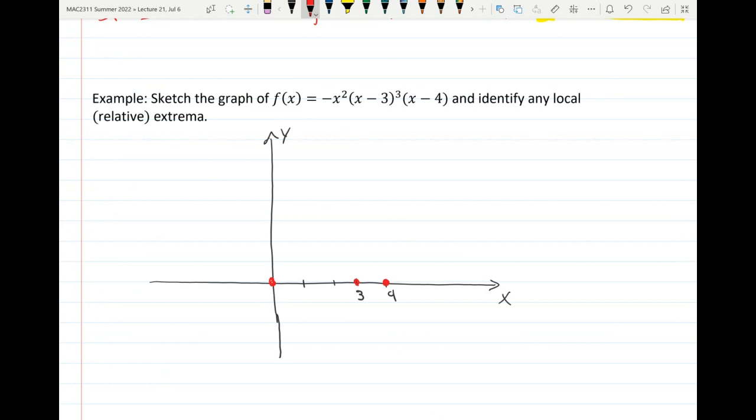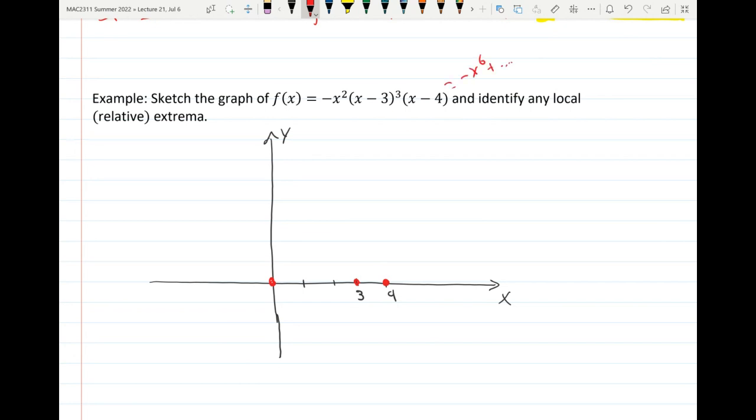Remember, the end behavior is given by the leading term. So let's figure out the leading term. So what's the degree of this polynomial? 6. So 2 plus 3 plus 1. So degree is 6. And what's the leading coefficient? -1. Good. So when you multiply all of this out, this is going to be negative x to the 6